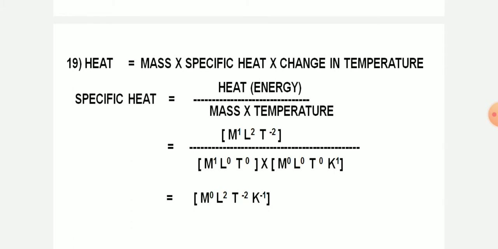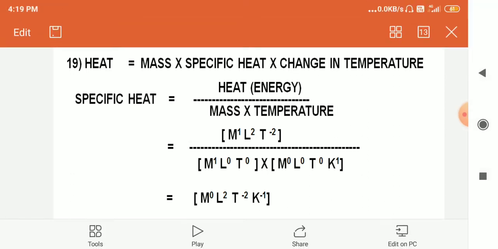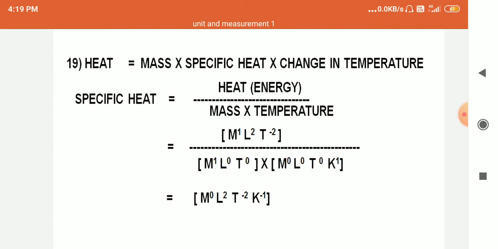We want to obtain the dimension of specific heat, and we know the formula for the heat, that is Q is equal to mCT. Heat is nothing but the mass into the specific heat into the change in temperature. Therefore the formula for the specific heat is equal to heat or energy divided by mass into the change in temperature. The dimension for the heat or energy or the work, these all have the same dimension, right? Therefore I am writing m1 L2 T minus 2 divided by the dimension of mass m1 L0 T0 and the